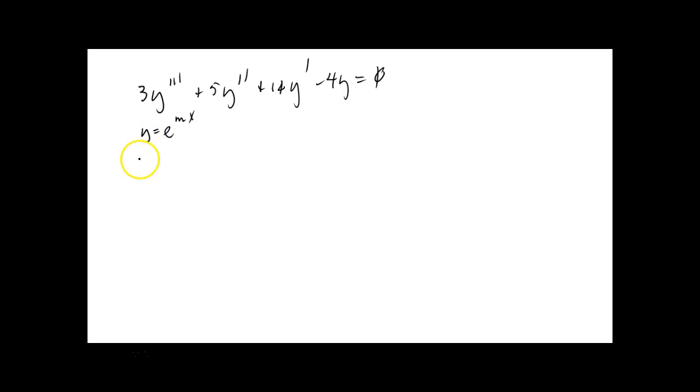Okay? So, 3y triple prime plus 5y double prime plus 10y prime minus 4y is equal to 0. What you got? Say again. e to the mx. Okay, that's where we're going to start. And our auxiliary equation will be 3m cubed